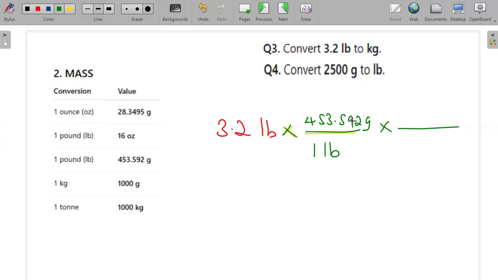So now I'm converting these grams to the kg. I'm using this conversion factor, 1,000 grams, so that it cancels out. It's the same as 1 kg. Once I do that, I can cancel out the same units, the ones that appear to be the same. So pounds, pounds goes, grams and grams goes. So I only have 3.2 on top. We can say over 1 multiplied by